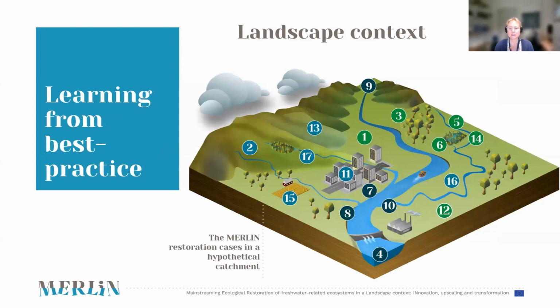But we're really keen to see this not as a site-by-site issue, but put it in a landscape or a catchment context. So here's a really nice graphic where all of our cases have been put in a hypothetical catchment. And you can see, yes, there are some demonstrations that are in built-up areas, where a lot of the literature that we're learning from on MBS is often to do with green-blue infrastructure and working in urban or peri-urban areas. But the cases also extend to the coast, right up into the hills and the mountains at the headwaters. So we really want to think about how all our types of restoration measures could be